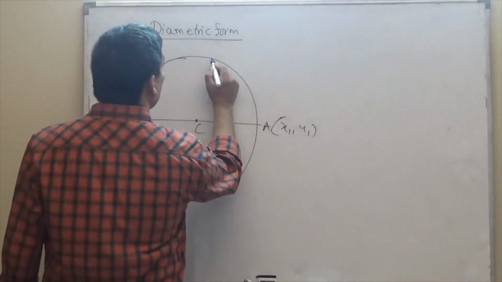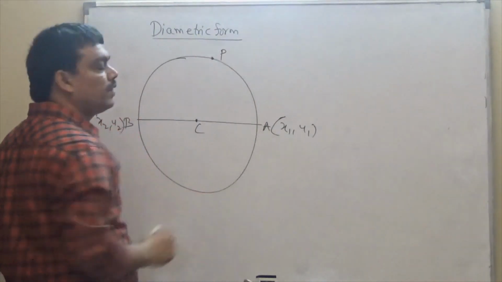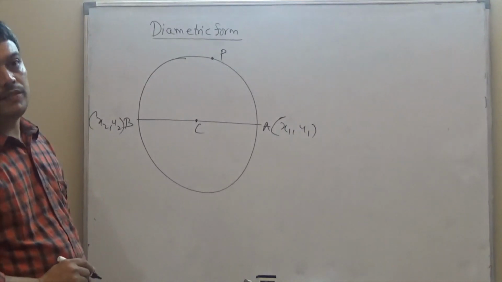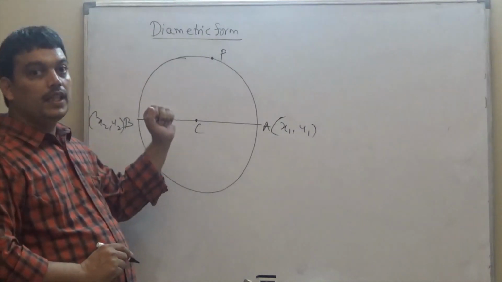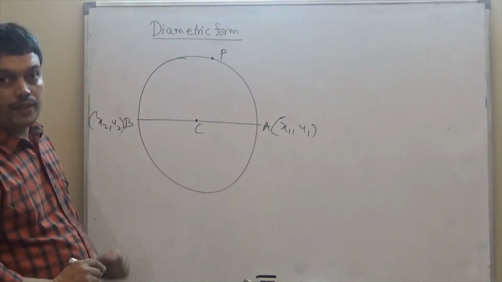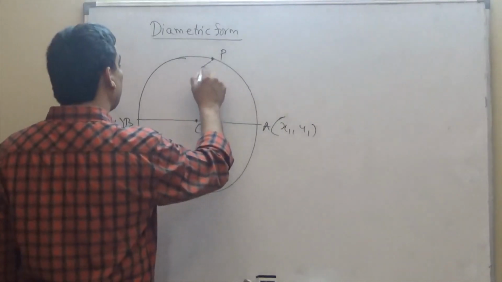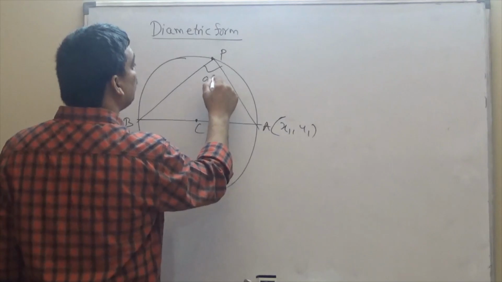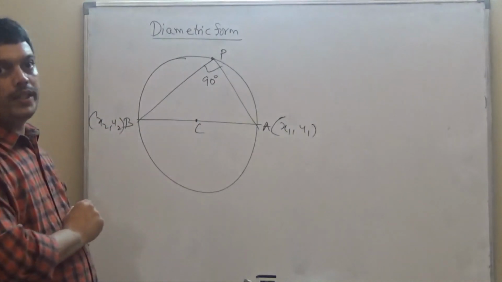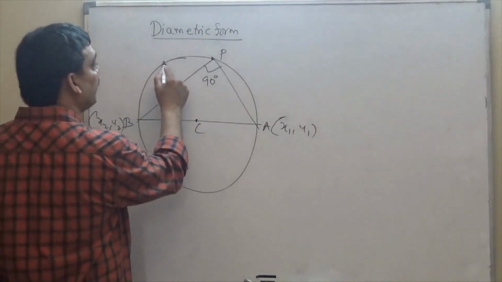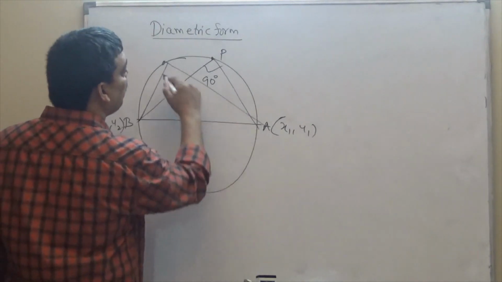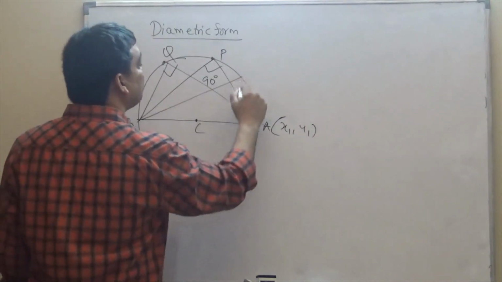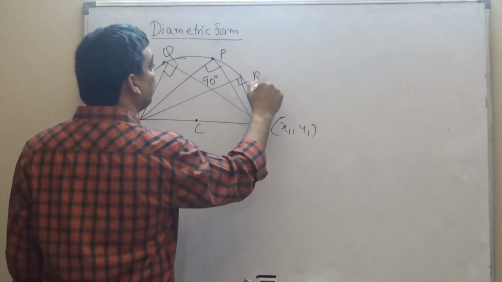Let's say we choose a random point P on the circumference of the circle, and from the previous result which I have discussed in an earlier lecture video, the angle in a semicircle is a right angle. So the angle subtended at the point P by AB has to be 90 degrees. This we have already proved earlier. And not only at P, at any other point on the circumference, AB subtends the same angle, 90 degrees.